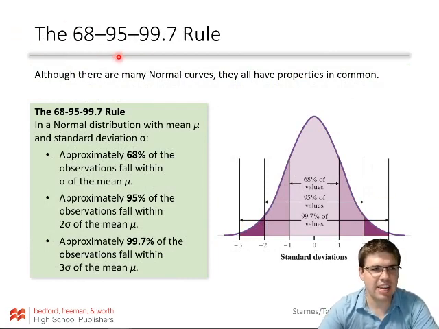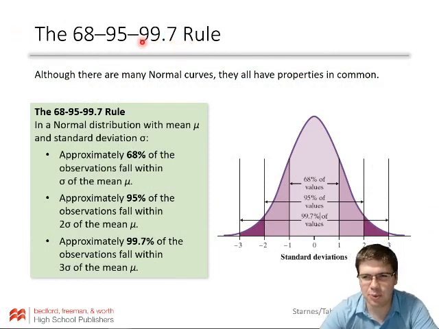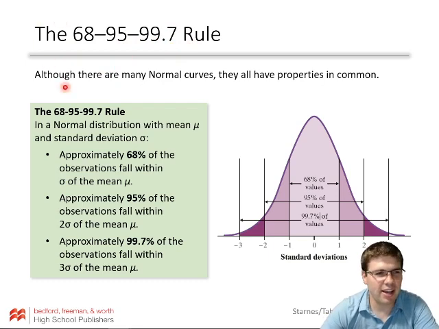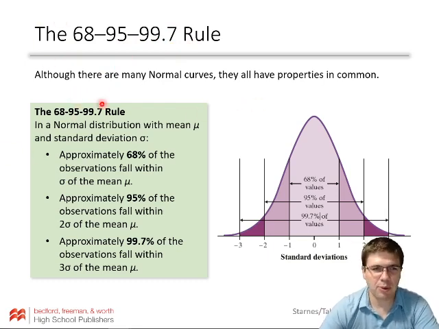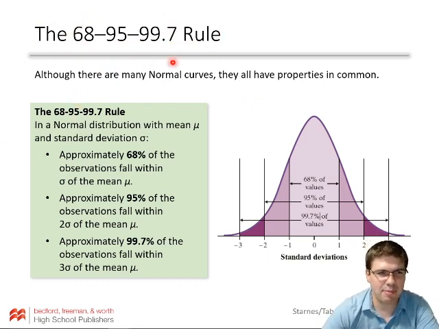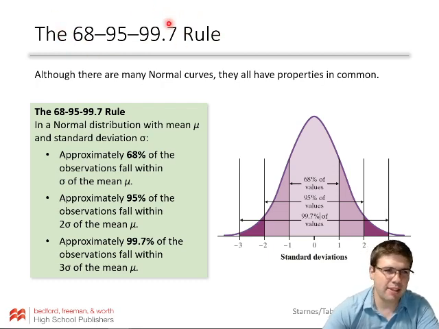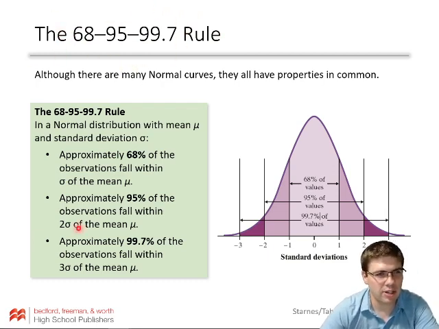They call this the 68, 95, 99.7 rule in our book. Other books will call this the empirical rule. You may see it referred to as that. Maybe that is better named, but this one definitely tells you what's going on. So the rule is this: within one standard deviation of the mean, you'll find 68% of the values. 68% of the entire distribution always falls within one standard deviation of the mean, and that's true of all